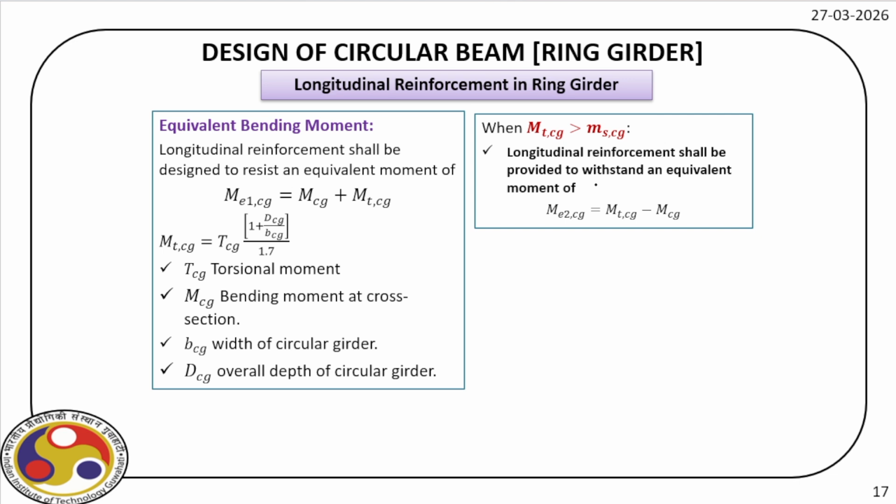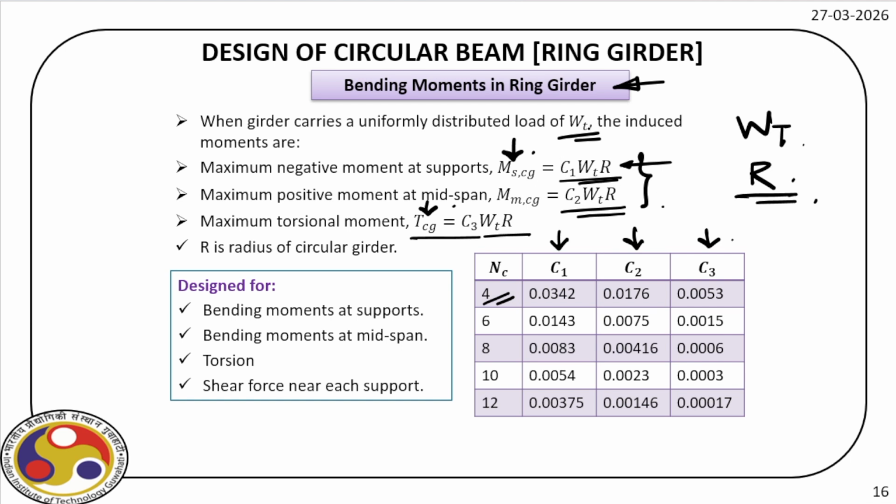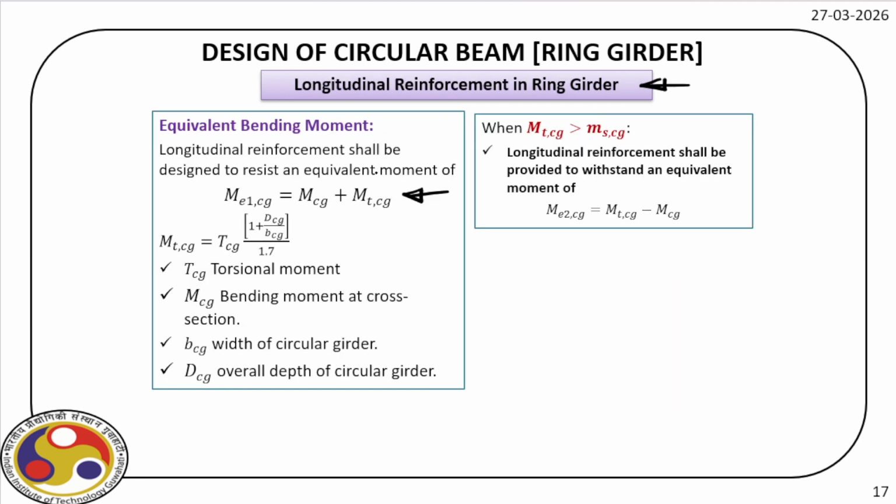Now, the longitudinal reinforcement for the ring girder, let us see. For that, we have to consider the equivalent bending moment. So longitudinal reinforcement shall be designed to resist the equivalent bending moment, which is here. So you have already evaluated these components, and then we have to get this equivalent bending moment before we design